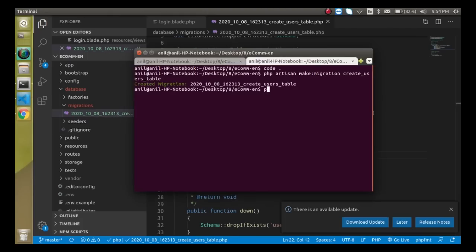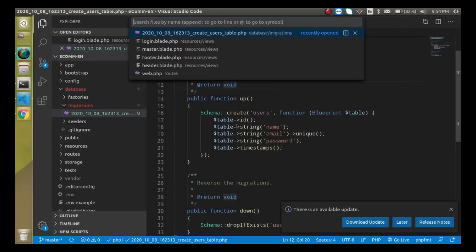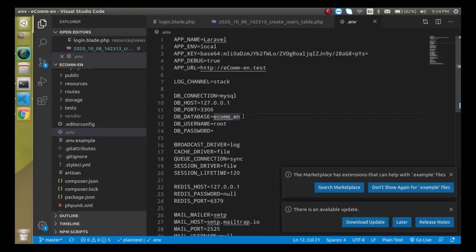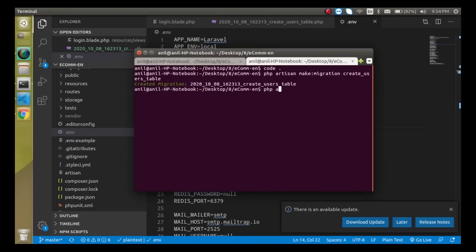Alright, one more thing that we need to do before it: we need to set up our environment for the database. You don't need to go to the env example, just go to the env file, and here is our database name, you can check that this is correct. And now let's add the password, which is redhat@123 in my case. In your case the database password might be blank, right? And you can put the username here also. So now simply run php artisan migrate,